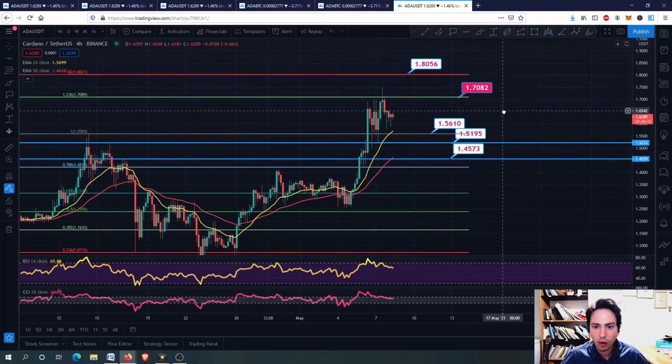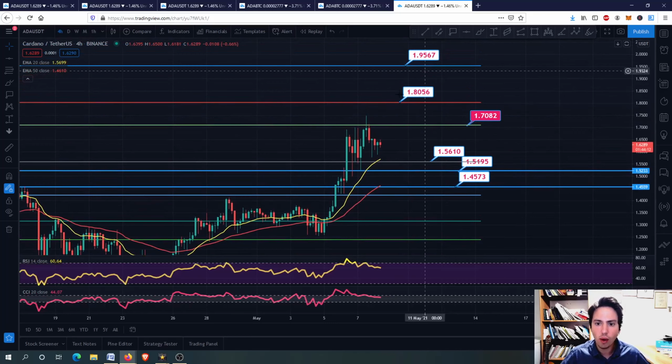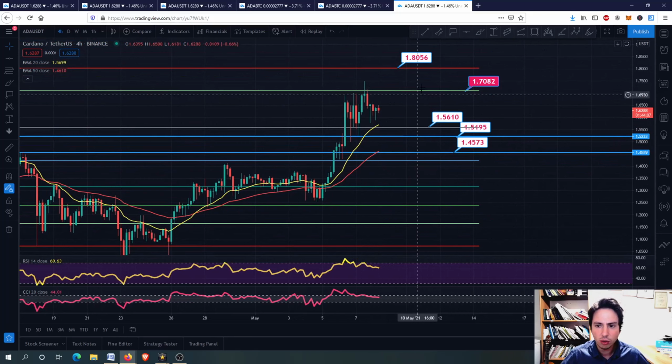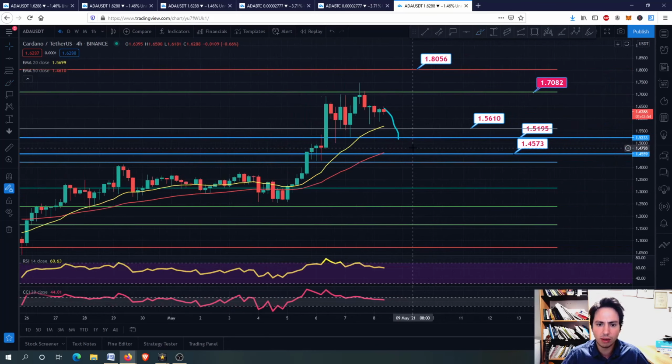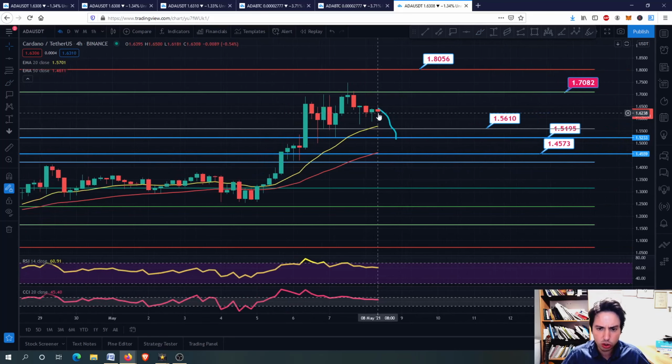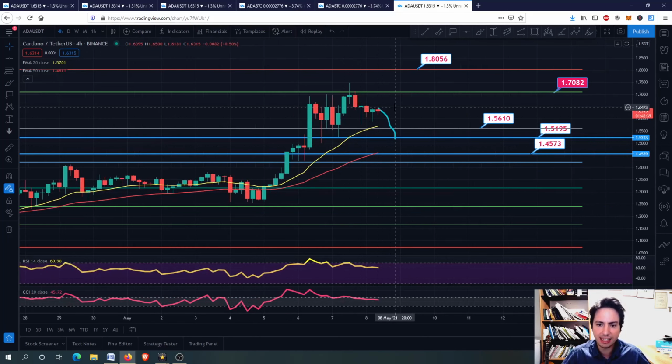And of course right now, what are we seeing with Cardano? I think 1.80 and 1.95 are our next targets for Cardano. Right now we hit the 1.70, we have this superstar candle right here, so for the very short term we might consolidate a bit more, and by that I mean we might hit again the 1.56 or maybe even some lower support levels. I think we might hold this position. If we go lower we will hold the 1.47 USD, but for now we might want to remain a bit cautious, because the 20-day EMA, we have to let the EMAs reach the price.